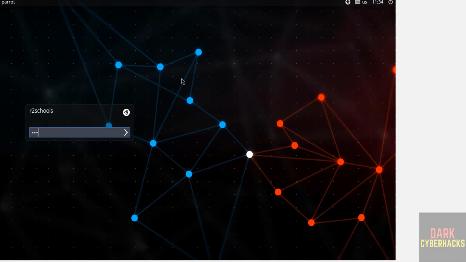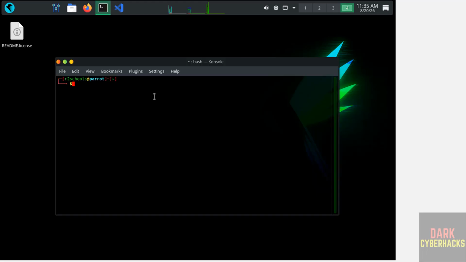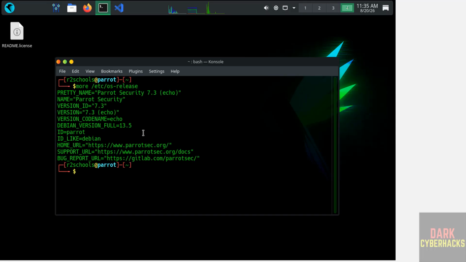Now provide the password that we have set for this user. Hit enter. We have successfully installed. Now open terminal. Now verify the version: cat /etc/os-release. See, we have installed Parrot Security OS version 7.3. Its ID is like Debian. That's why at the time of creating virtual machine, we have selected OS version as